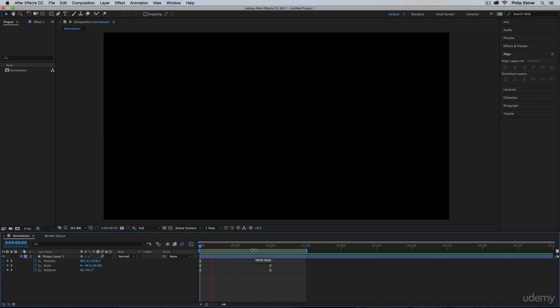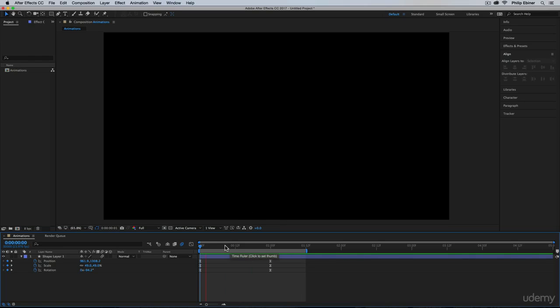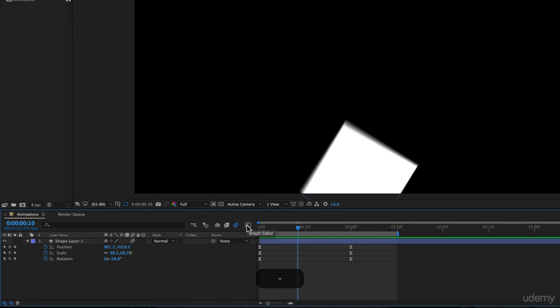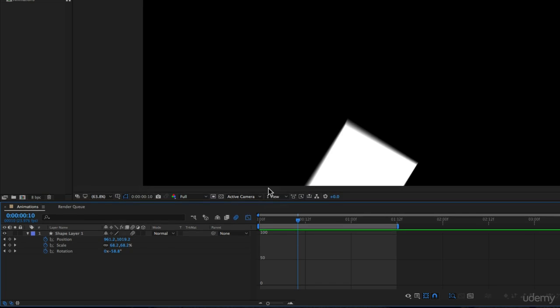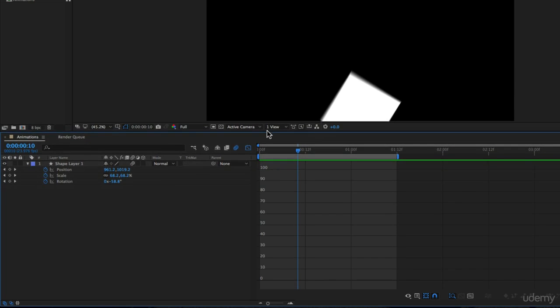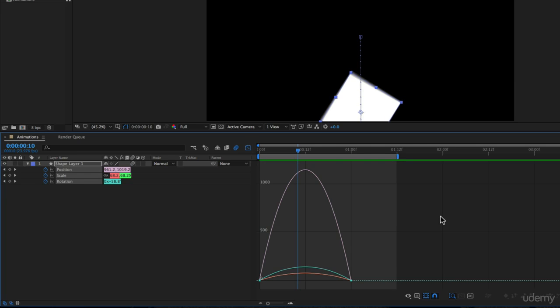To play even more with the way the speed works with this animation, we'll use what's called the graph editor. The graph editor button right here opens it up. Obvious, Phil, duh, right? But we don't see anything down here. Let me just extend this panel, the timeline, so we can see a little bit more. We don't see anything, and that's because we have to choose the keyframes that we want to view on the graph editor first. You can also do it later, but with these selected and then clicking the graph editor button,